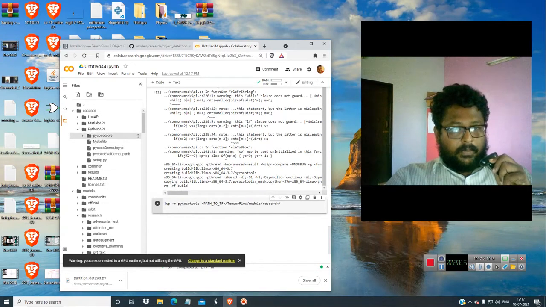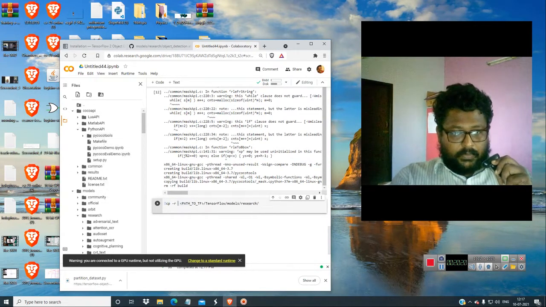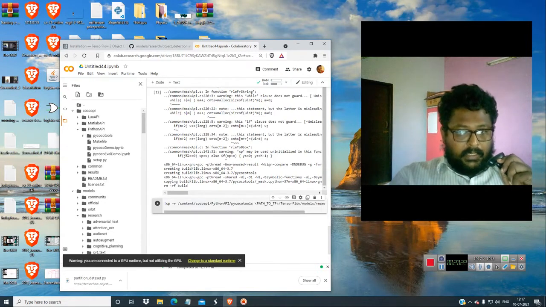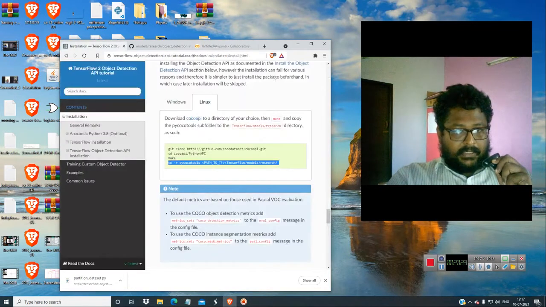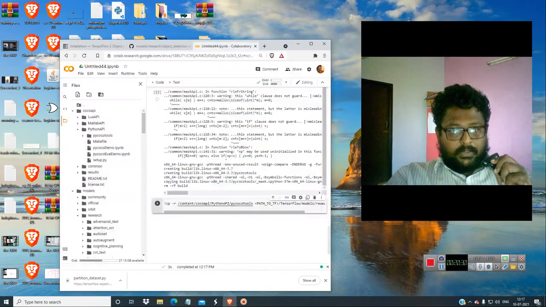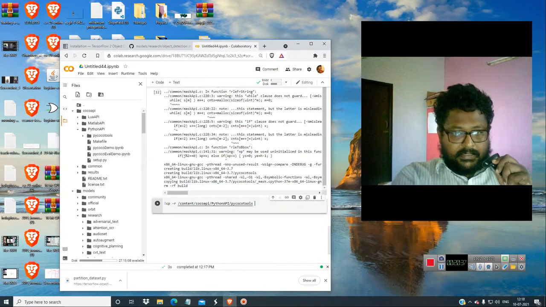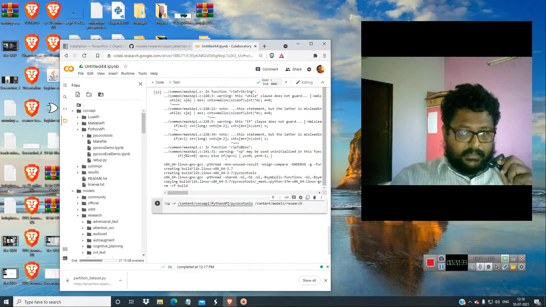Go to PythonAPI, copy this path, and then just paste it. We have to copy this folder into the models research folder. Okay, I think I'm right, I'll just check it. So yes, we have to copy this into the models research folder. So get back over here and then just delete this and then just paste it.